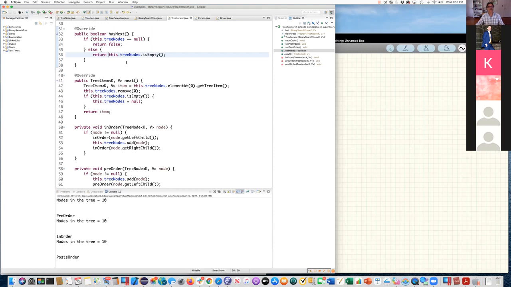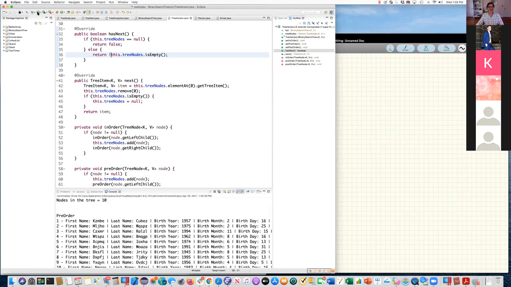Because every time it goes to see if there is any more elements, it'll return false. Okay, because this tree element nodes is empty is false, and therefore it returns a false. This needed to be a None. This tree nodes. So if I do that, and now I run